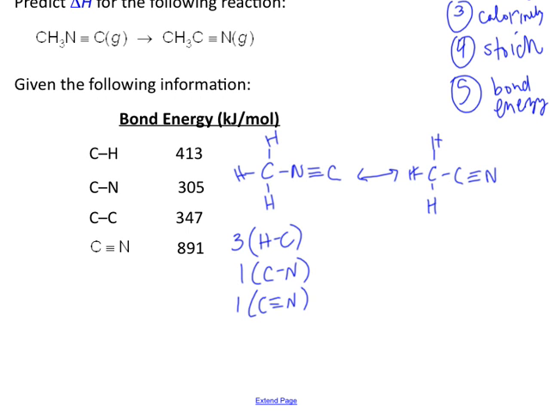Bonds broken minus bonds formed. So what am I forming? 3 H to C's, and then I'm forming 1 C to C, and then I'm forming 1 C to N triple bond. So the math is